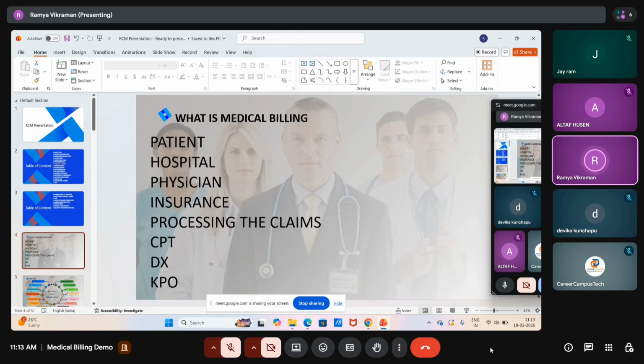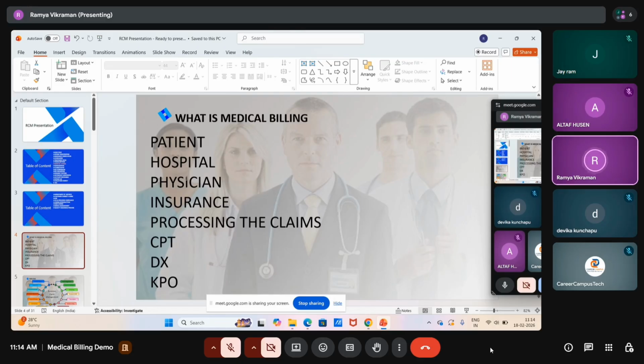We follow that up with the insurance. We verify the medical records and the condition, and why the patient has seen the doctor. If anything is missed from our end, we conclude that we did not bill the insurance appropriately. All of this is involved in processing the claims.